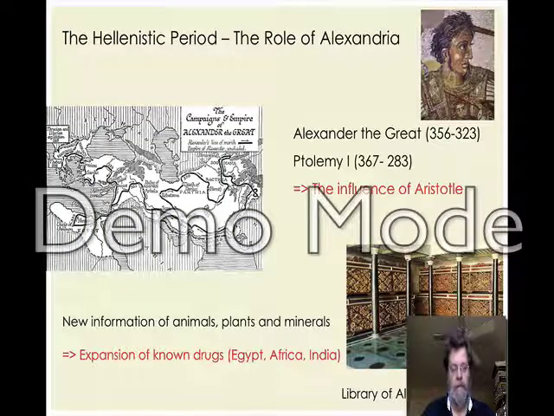The Hippocratic system, of course, went through certain modifications, and the most important one we can see in the Hellenistic period, where Alexandria became the center of the civilized world, in particular the Library of Alexandria. But what you also see here on this map is the conquest of Alexander the Great going all the way to India. Now, this had an important impact on the development of medicine, particularly the treatment of diseases,